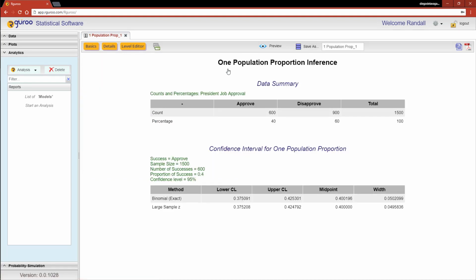By default, Rguroo uses 95% confidence intervals to display the lower and upper confidence limits. The midpoint is 0.4 because 600 out of 1,500 is equal to 40%. Now we want to know if this rating is a significant drop from the rating of 45% from January 22nd